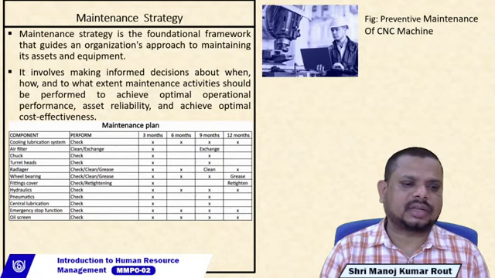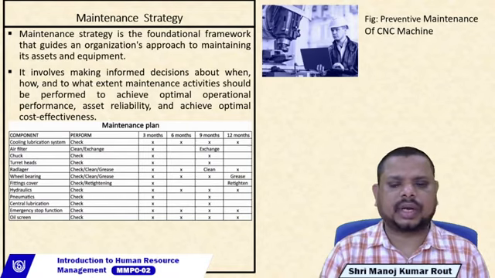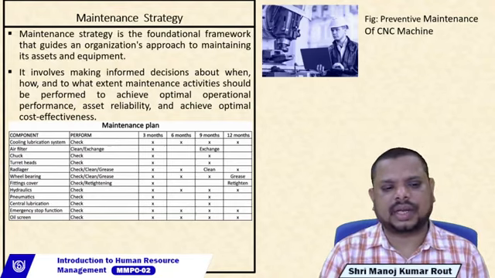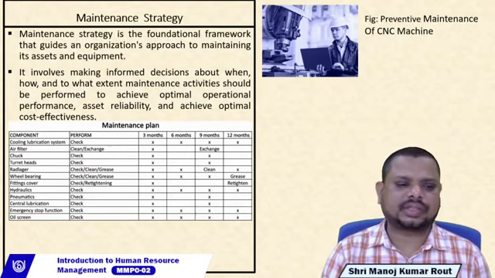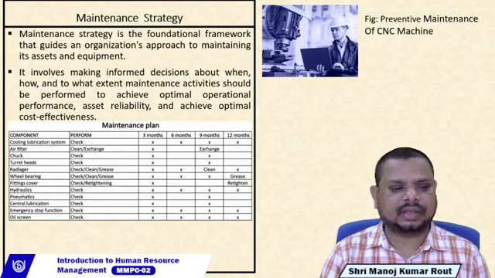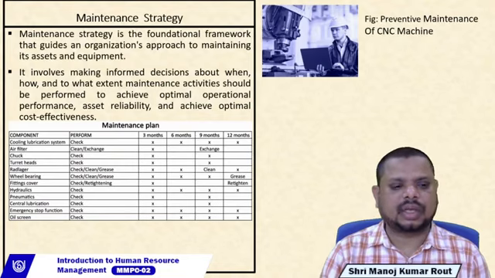The next is air filters, go for clean and change. Similarly for the chuck, check the condition of the chuck. Then the turret head, the performance is a check. Similarly, for the head loggers, check, clean and grease. Then wheel bearing, check, clean and grease. Similarly, for fitting covers, they must perform checking and retightening. Similarly for hydraulic, pneumatic, central lubrication, and emergency stop, and the last one is the oil screen, the level should be